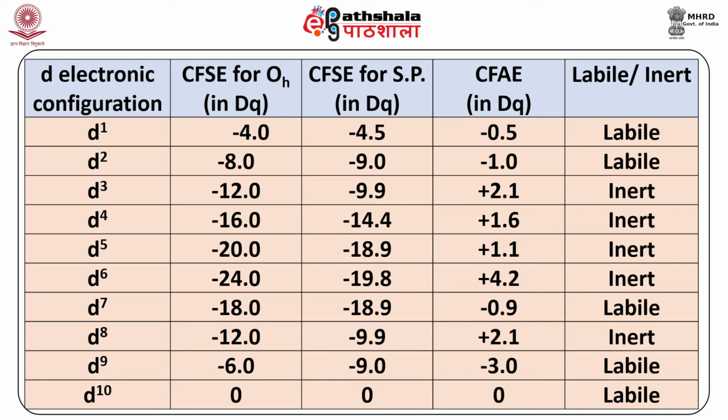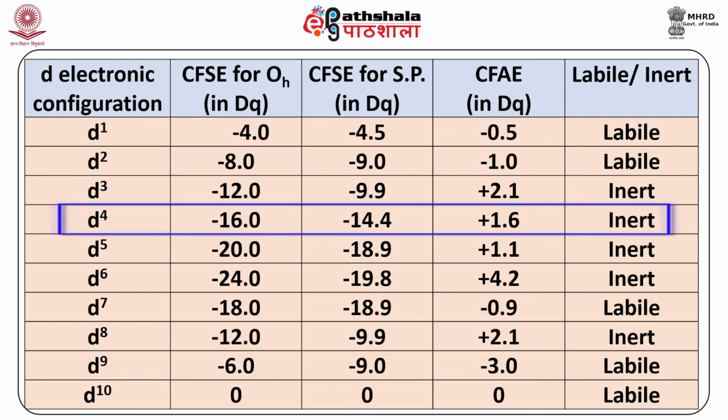So, by the same diagram you can find the crystal field activation energy for the low spin complex. From d1 to d3 the value of crystal field activation energy would be the same, that is d1 would be labile, d2 would be labile and d3 would be inert. After d3 system, that is when the fourth electron will enter, overall crystal field stabilization energy for d4 octahedral system would be minus 16 Dq, while in case of d4 system of intermediate, that is d4 low spin system of a